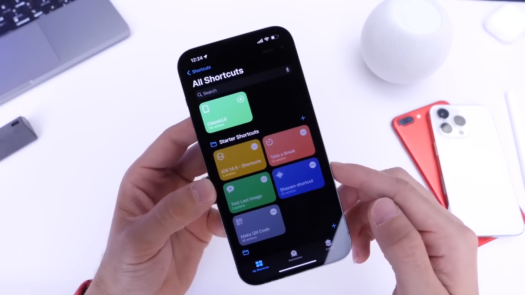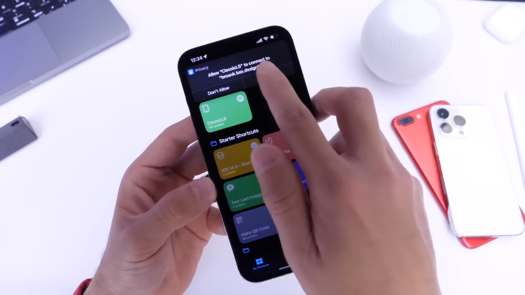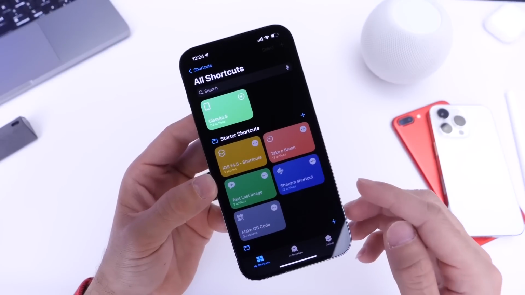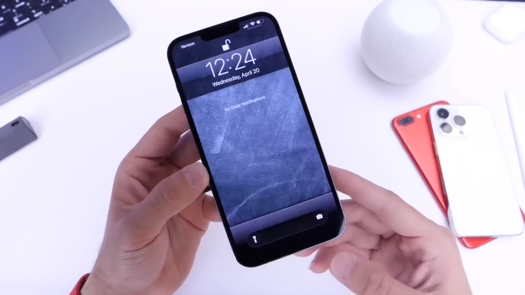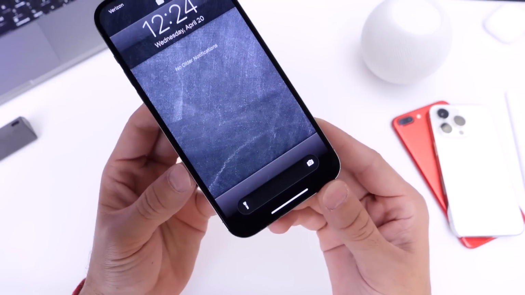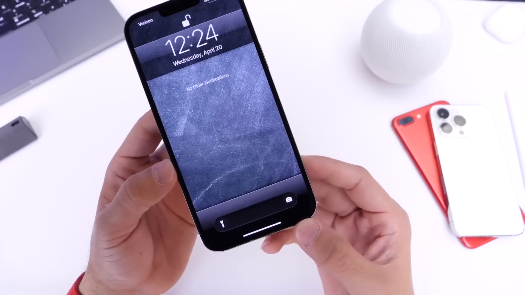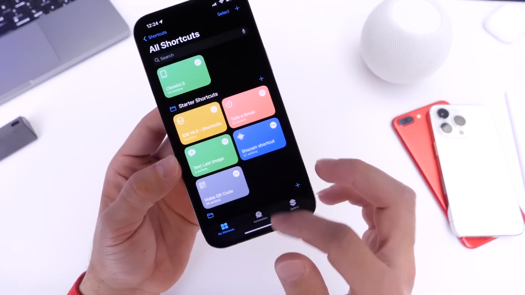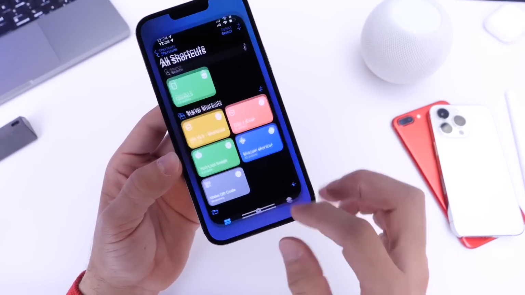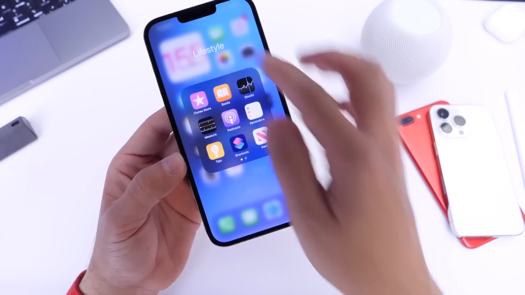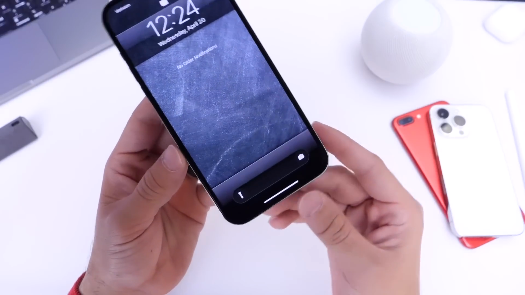Just simply click allow on these questions, and this will allow you to have this custom lock screen on your iPhone that resembles the iOS 6 lock screen. I think it's super clean, super nice looking, simple, easy, lightweight modification. Again, with the Shortcuts application and a shortcut, you can simply implement this really nostalgic, if you will, lock screen